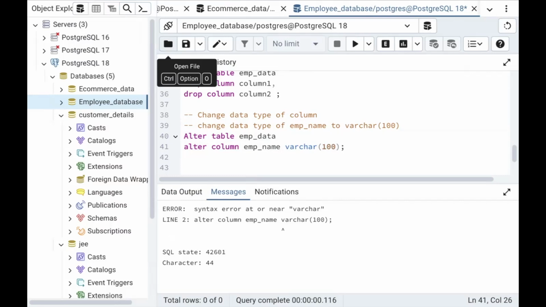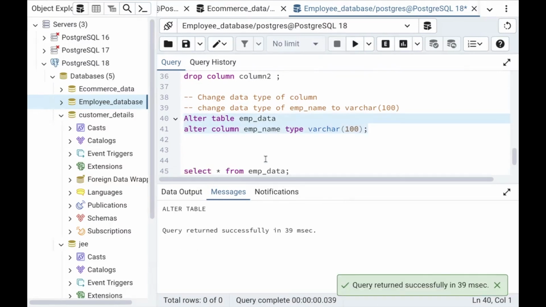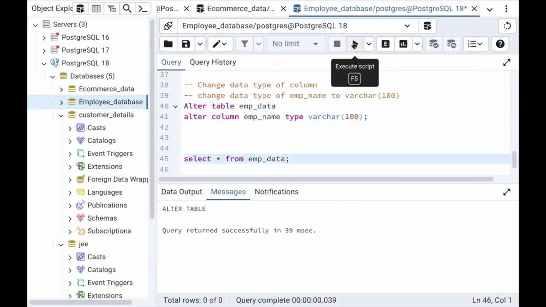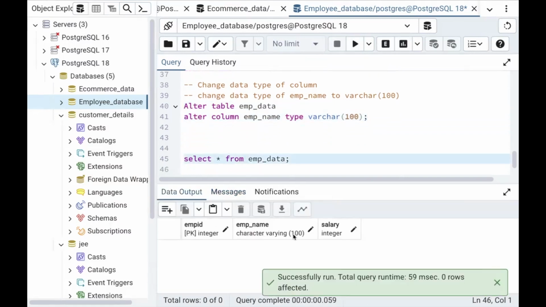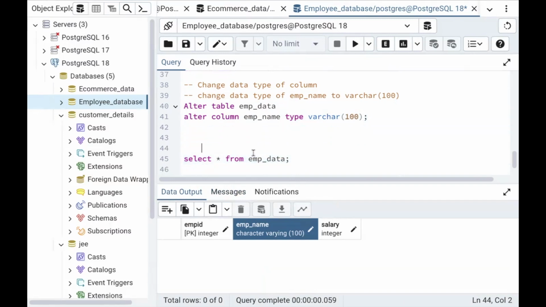We were just directly writing varchar, so you're not supposed to write like that. You should say the column name, then the type. What type? It should be varchar of 100, like this. See, done. Now let me show you. It was varchar 50 initially. Now it got changed to 100. I hope it's clear how to change the data type of a specific column. For multiple columns, just repeat ALTER COLUMN and change it.